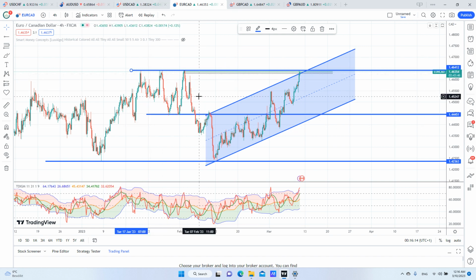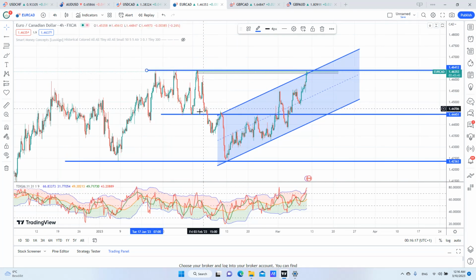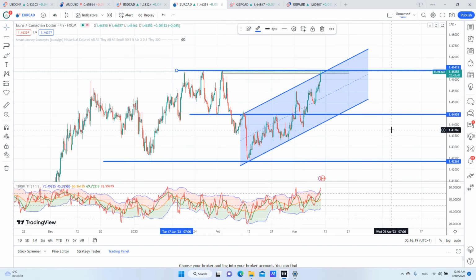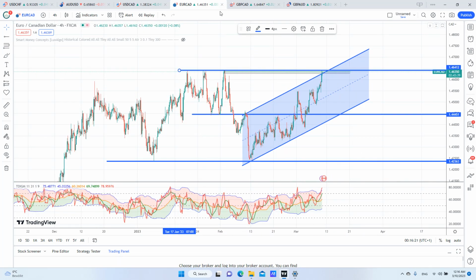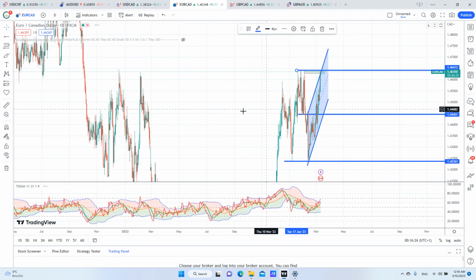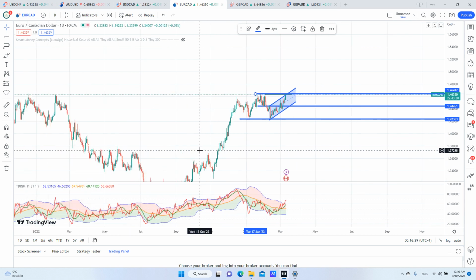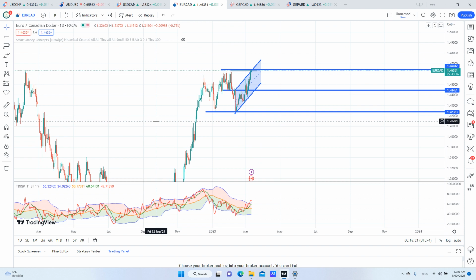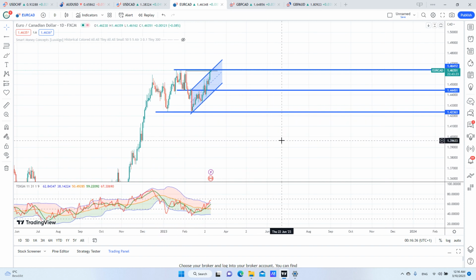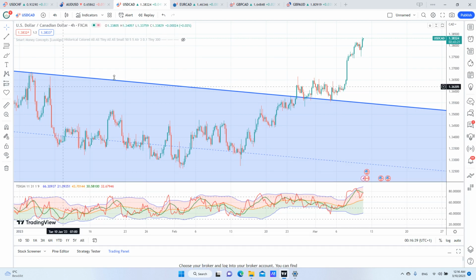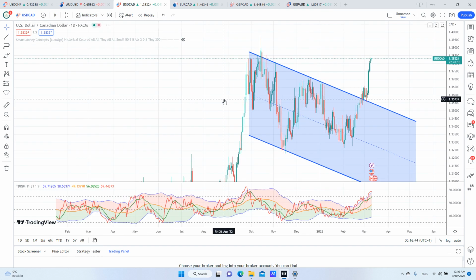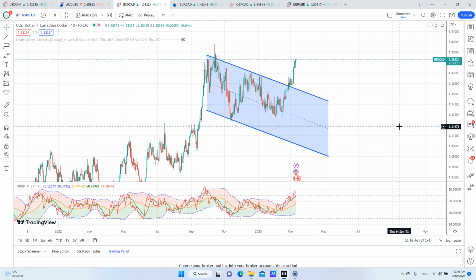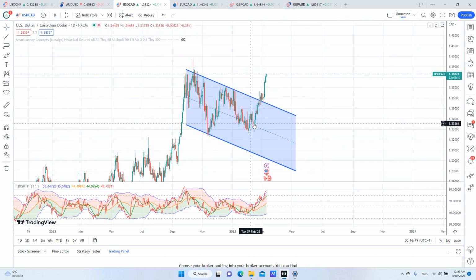But I think this is the best CAD pair to sell, because on the daily it's also bearish. If you look here, it looks bearish, to me personally. The USDCAD, it's not bearish, to be honest,